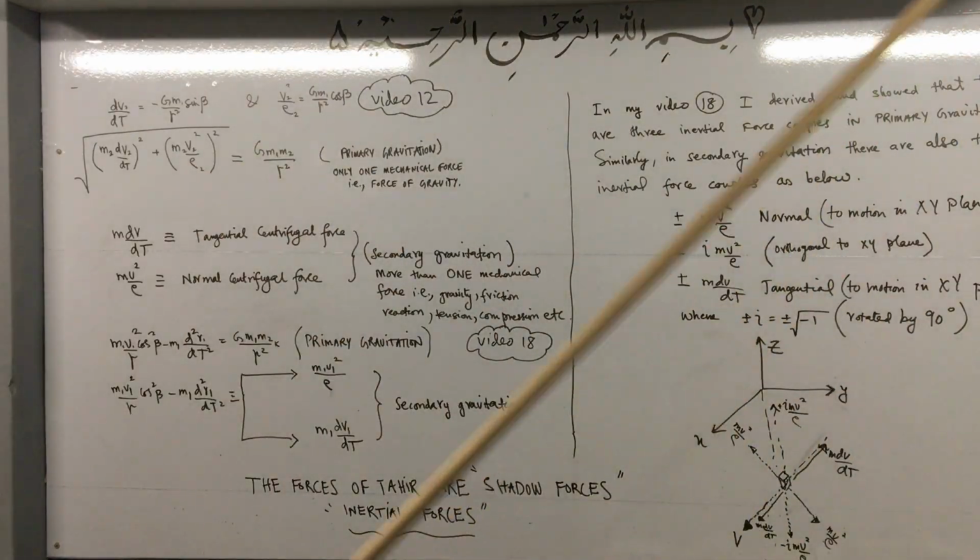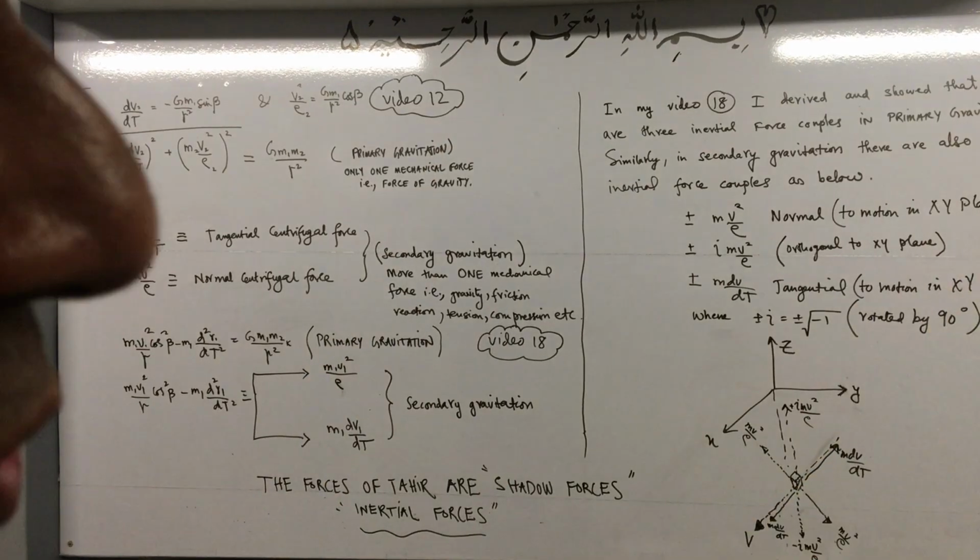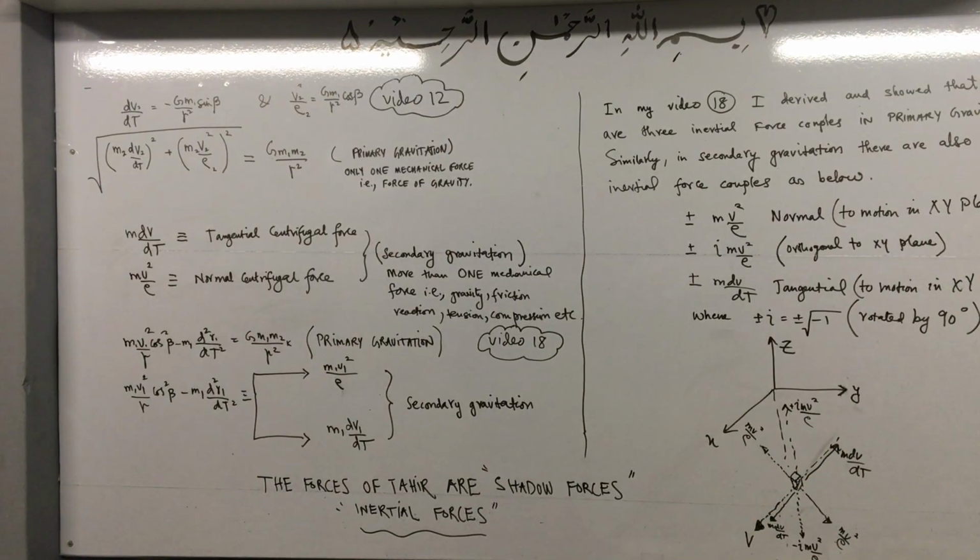So primary gravitation deals with two body motion, binary star systems, in which only one mechanical force, that is the force of gravity, is involved. Okay, so m dv over dt is the tangential,